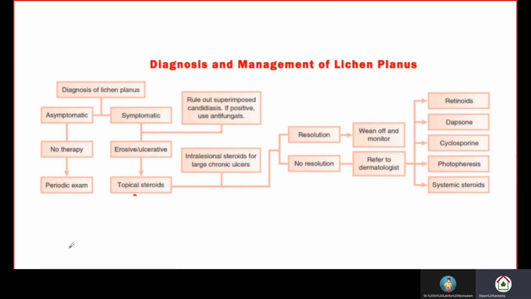Okay, lichen planus diagnosis and management. First of all, diagnosis of lichen planus can be done by following this chart. If it is asymptomatic, no therapy is needed, and periodic examination is required. Periodically, it has to be checked. If it is symptomatic, then first of all, we need to look for candidiasis. If positive, then we will go for antifungals. If it is negative, if it is ruled out,